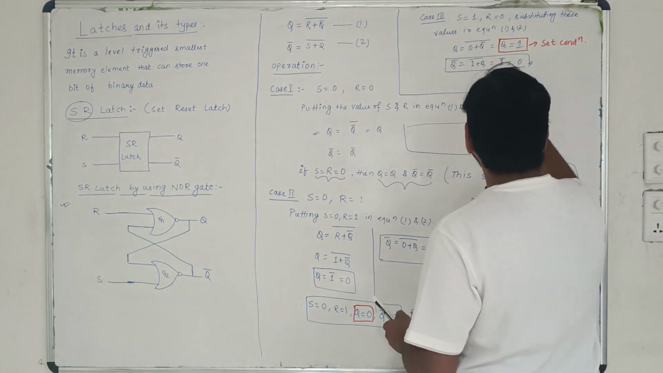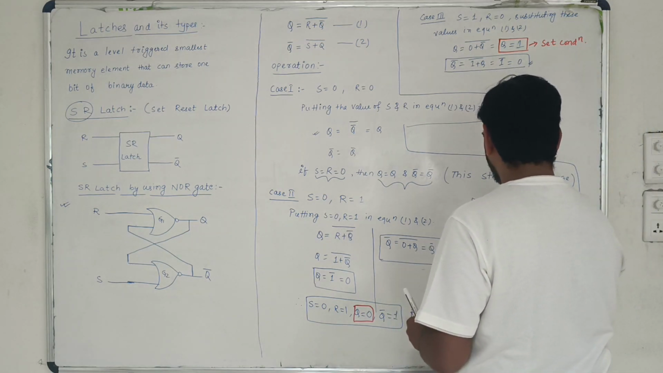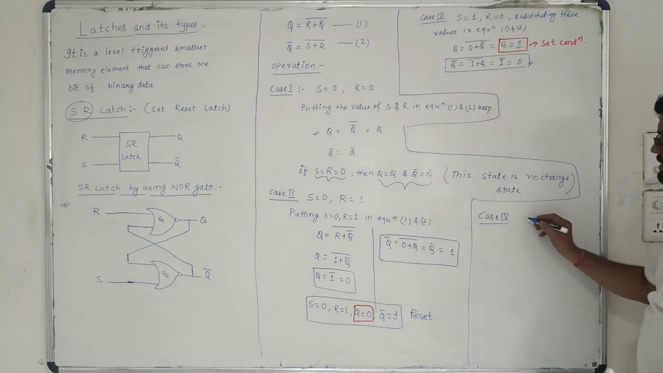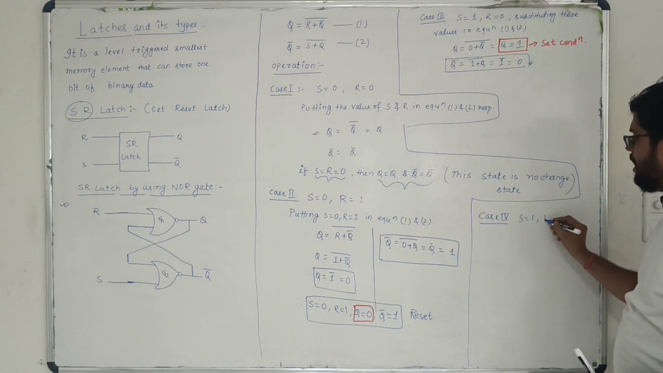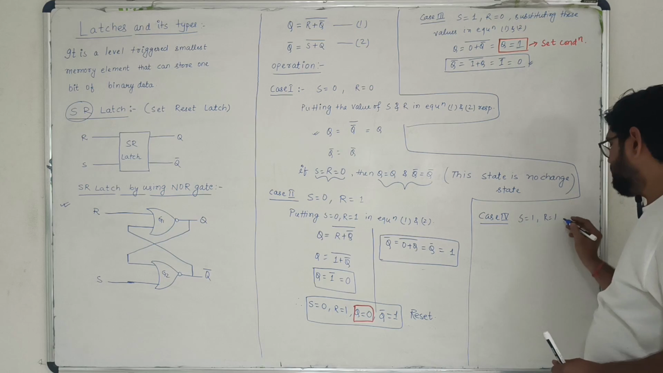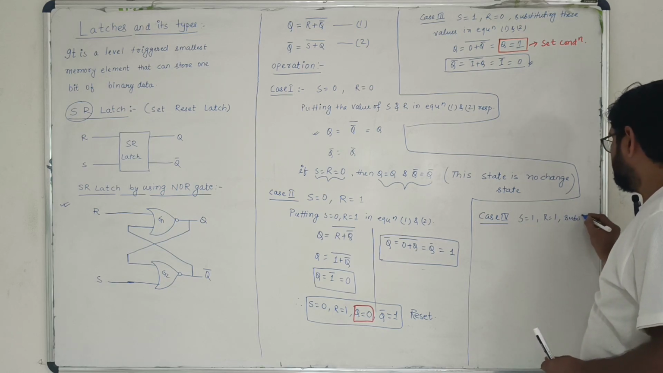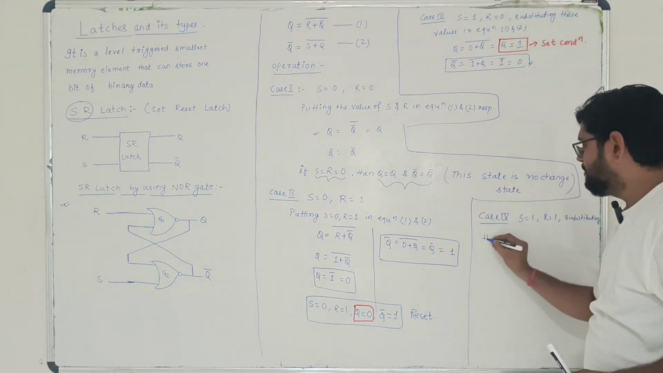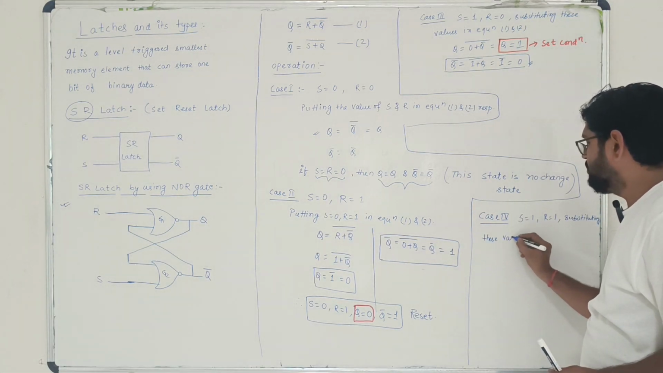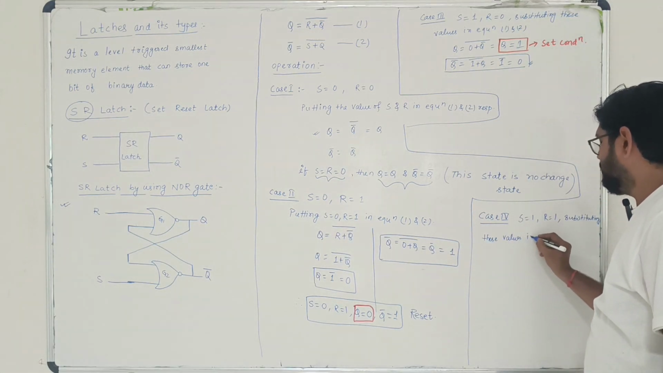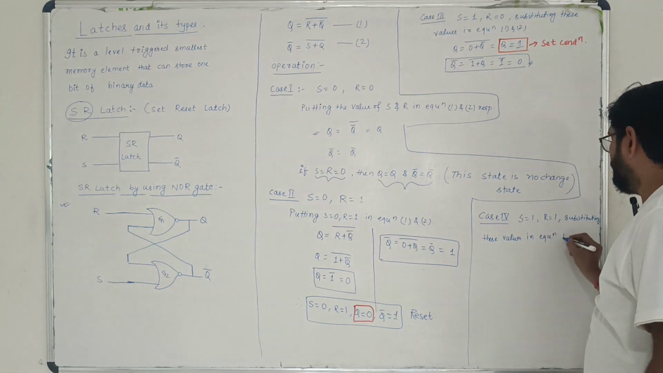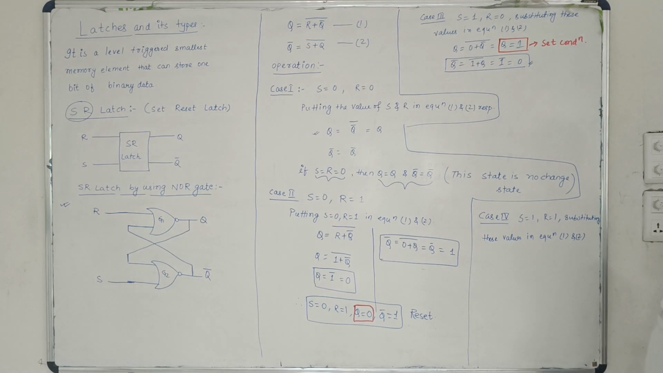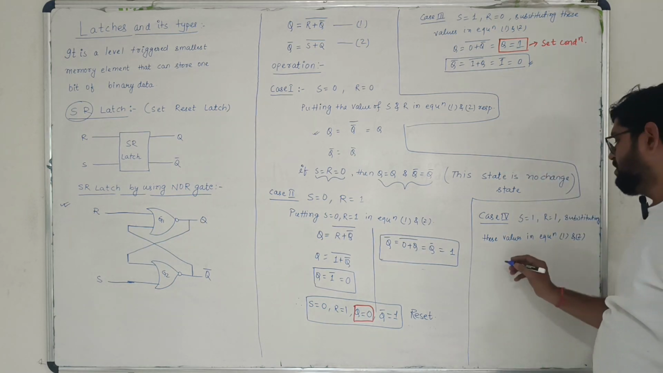The last one is case 4. So we'll learn about case 4. The case 4 is S equals to 1, R equals to 1. Now substituting these values in equation 1 and 2. So if I am substituting S equals to 1 and R equals to 1 in that expression, you will get